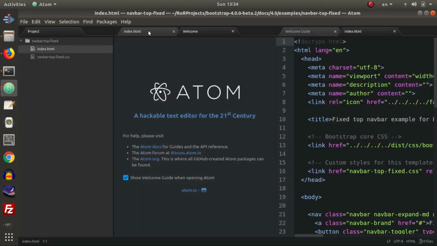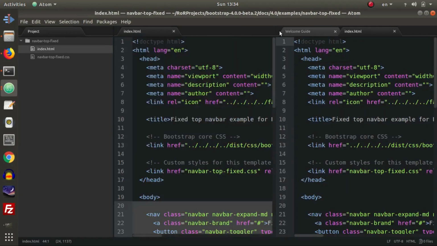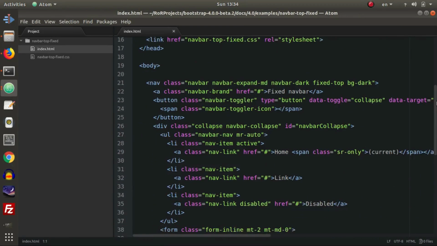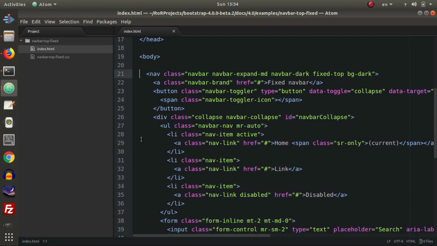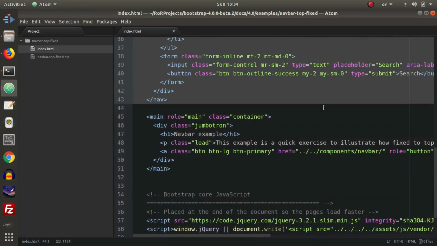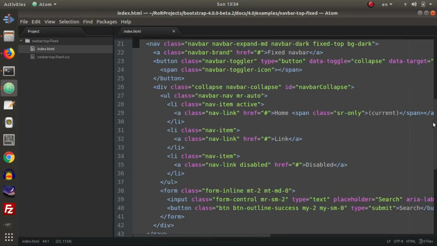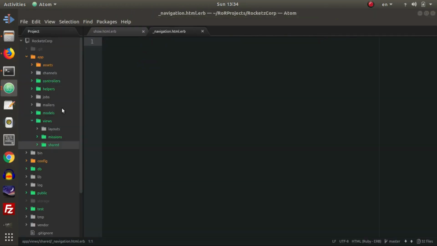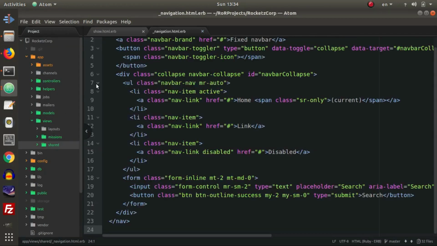Okay, and now we're going to go and copy the Bootstrap Navbar code that we need. So open up index.html, closing these welcome guides here. Then scroll down and copy everything between this top opening nav tag to the closing nav tag. Go back to your navigation partial and paste it in. Then go back to the Bootstrap folder